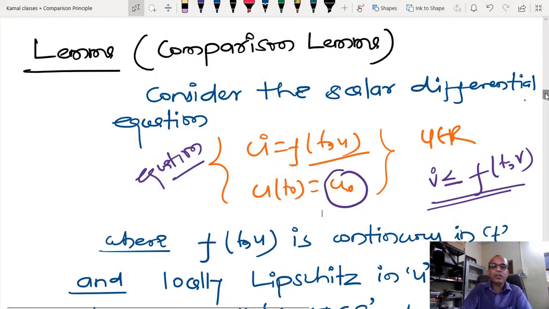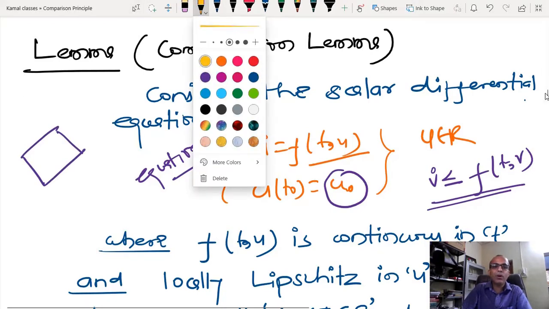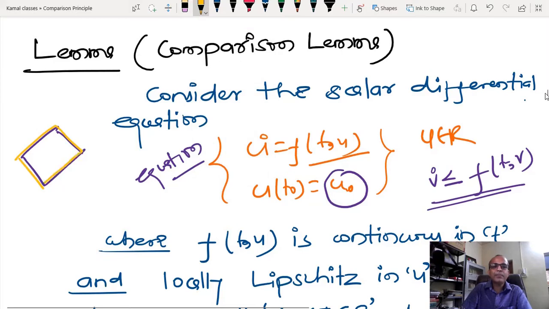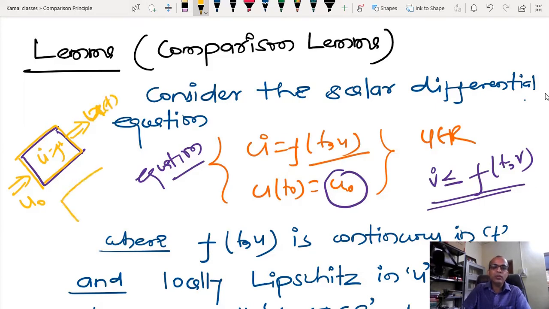Okay, so I have a differential equation, and I know its heuristic behavior. So I am going to represent it again in terms of a ball. I have some system u dot equal to f(t, x), given u0, and the corresponding x(t), u(t) is generated. Now I am going to replace this Vt by f, the same vector field. You can see that the vector field remains the same. Now I have to give the initial condition, that is v0.